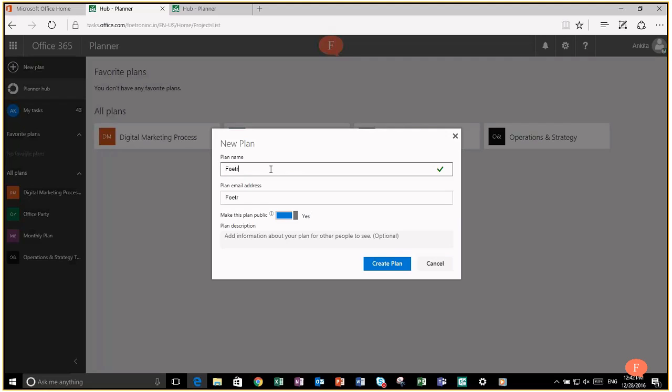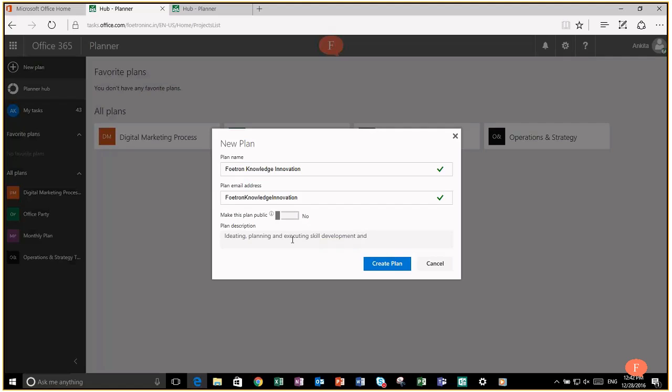So as I was planning for my own team that all the trainings or skill development should happen within the team, I should start a new plan for that. So I'm starting that plan now today, and the name of the plan I have kept is Foetron Knowledge Innovation. So this plan will be about ideating, planning and executing skill development